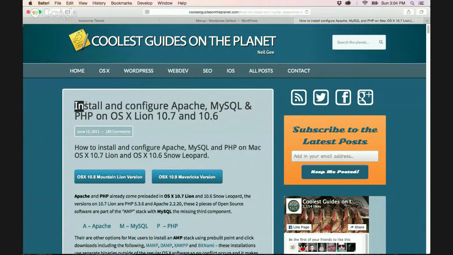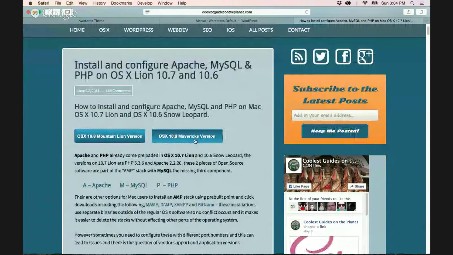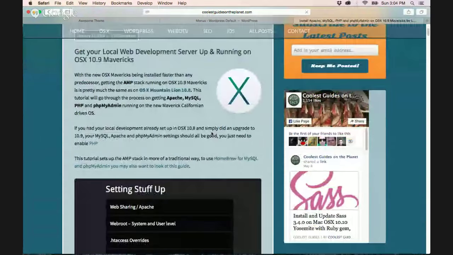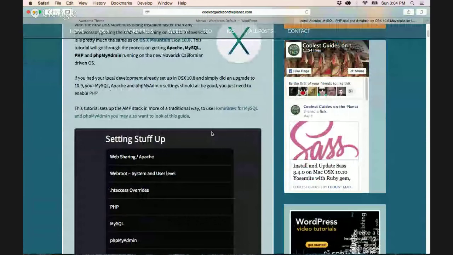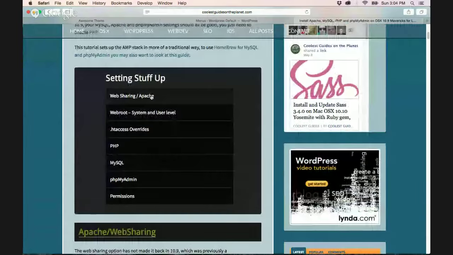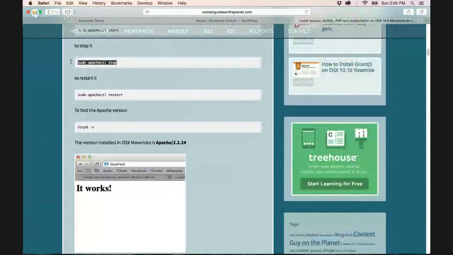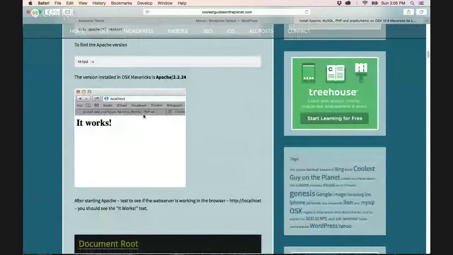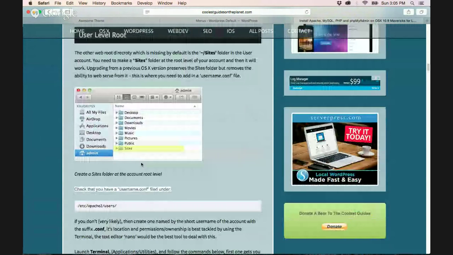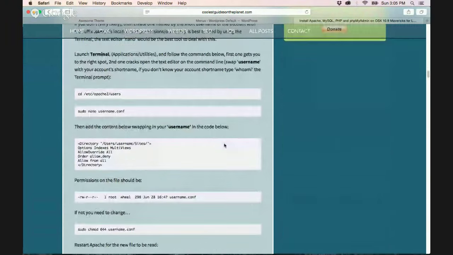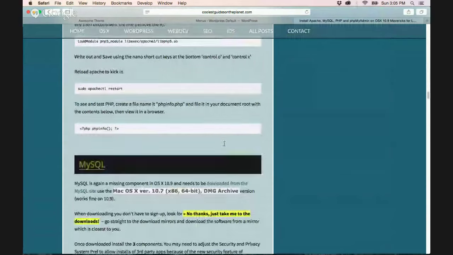And you can search for install and configure Apache MySQL PHP on OSX. There is the updated version. You can use the Mavericks version that works perfectly also with Yosemite if you're on Yosemite. And this guide is great. It's complete. You have all the sections. We start with Apache, and it's all through the terminal. So you have these commands. It's just amazing. And the good thing about this tutorial is that it shows you how to configure your site's default folder to create a specific